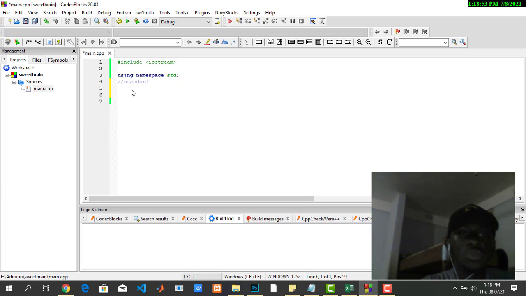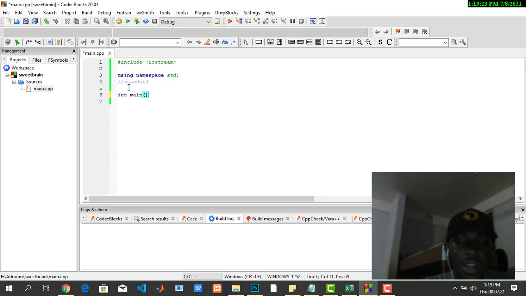Now the next thing is for you to type in the main function. So for main, you just type int. Int here means integer. We know integers are negative and positive whole numbers. Now please, we'll talk about the whole of main later on. For now, let's pay attention to this. Try and get it in your head. Now we say int main